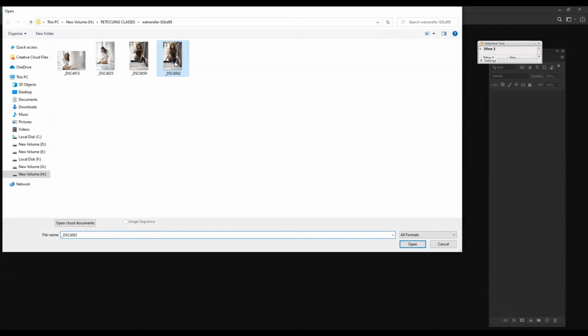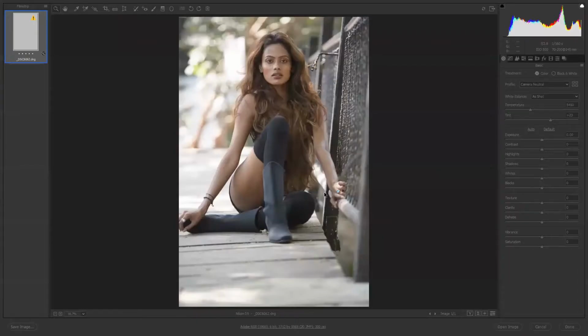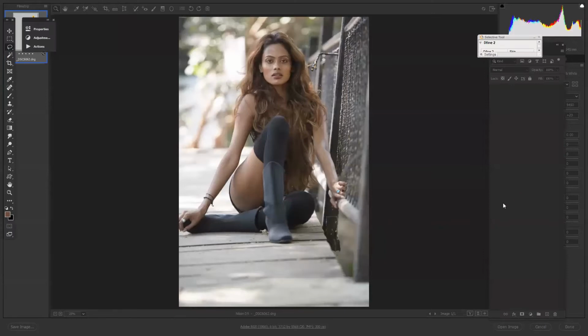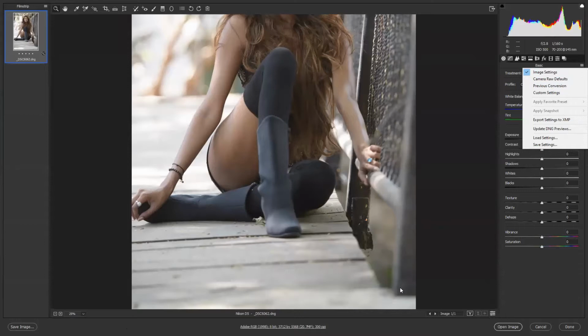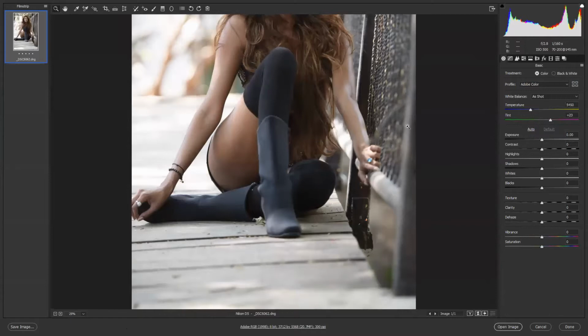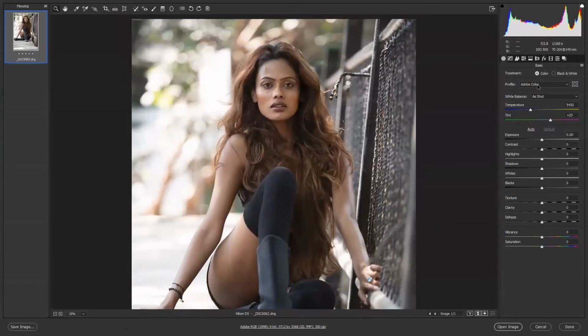When we take this raw image, there are a few things we have to keep in mind. Just keep on messaging me or informing me if you can see the image or not, so I will get an idea. So first and foremost, can you see the profile over here?